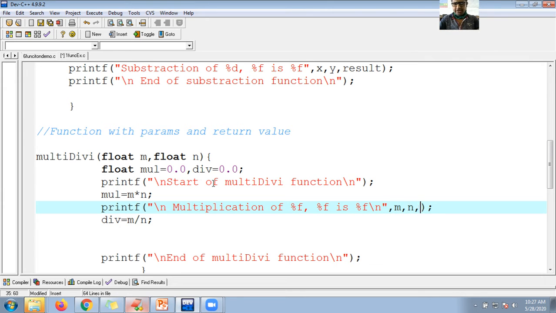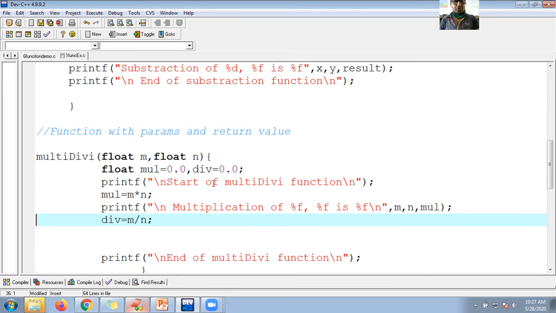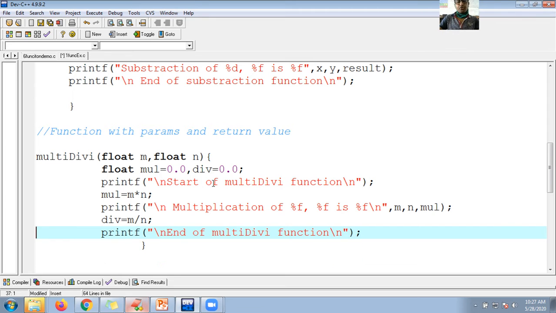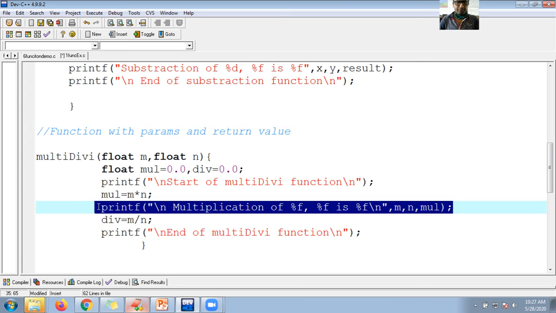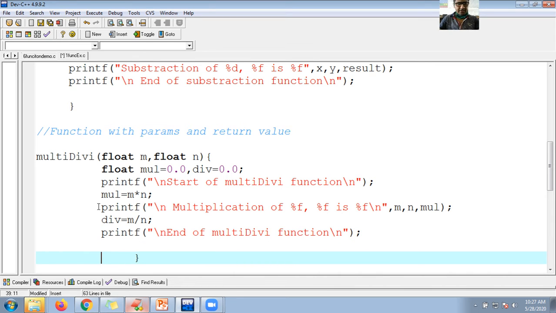M comma n comma mul, right? Fine. Next, here it shows multiplication, but I want to return the division. So what should I do, guys? Return statement must be the last statement. Keep in mind, return statement must be last.